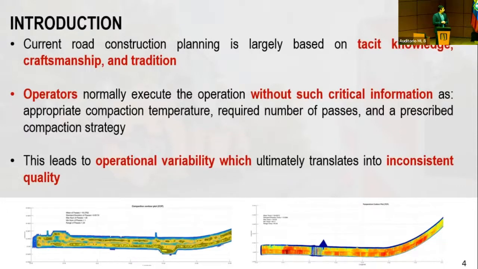And well, when you talk to R&D experts of the companies, they know this information. But go to the site and talk to the operators, they never have this information. They always go back and rely on their craftsmanship and their tradition and their intuition. So they never actually know what's the appropriate temperature for that specific mix. They just look at the asphalt, and from the trace of the roller, they would say whether or not this compaction is good enough. So from the theory perspective, the knowledge is there, but when it comes to application, it's never there.